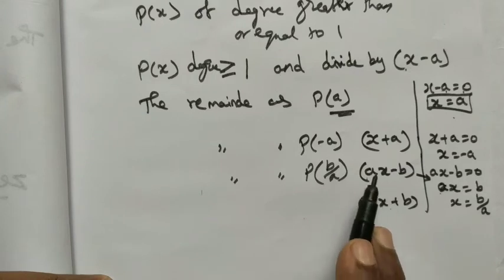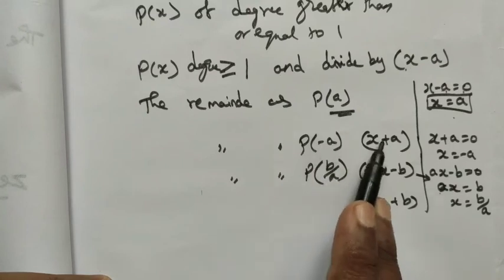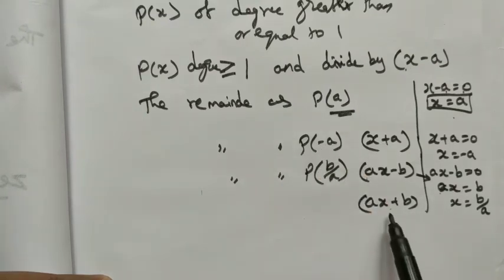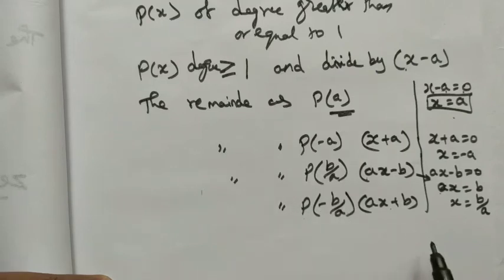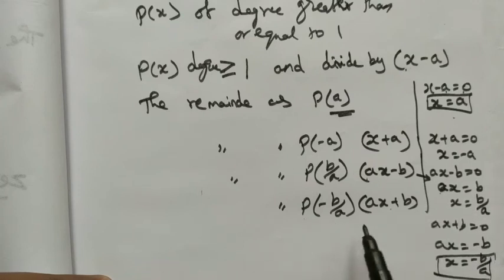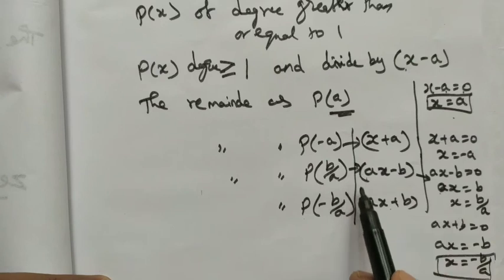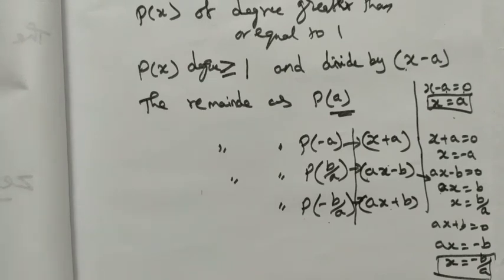For this, when you have the negative symbol, you get a positive remainder, p of b by a. Here plus means we have minus, so here we have p of minus b by a as the term. If you find this ax plus b equal to 0, then ax is equal to minus b, x is equal to minus b by a. So the remainders are, when we divide these terms, we get these remainders. Then p of a is called the remainder of the polynomial, that is the remainder theorem.